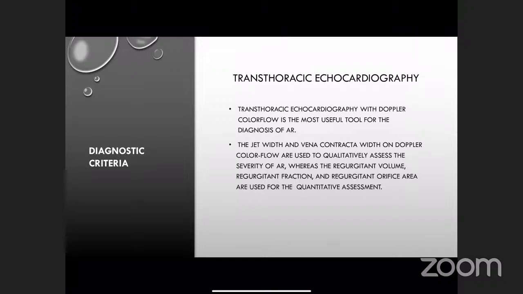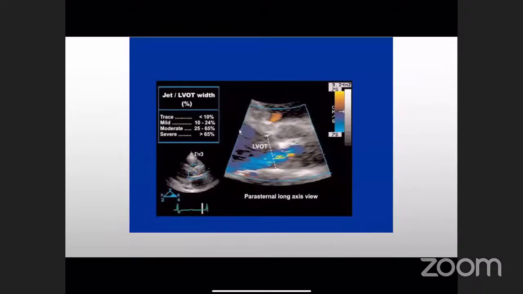Transthoracic echocardiography with Doppler color flow is the most useful tool for the diagnosis of aortic regurgitation. The jet width and the vena contracta width on Doppler color flow are used to qualitatively assess the severity of AR, whereas the regurgitant volume, regurgitant fraction, and regurgitant orifice area are used for the quantitative assessment. As we see here, we're calculating the LVOT with jet